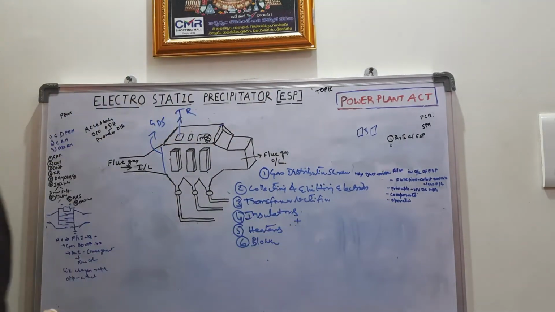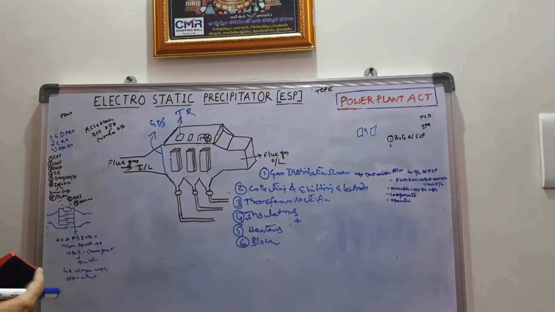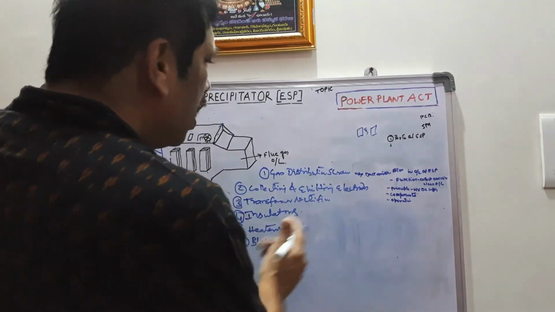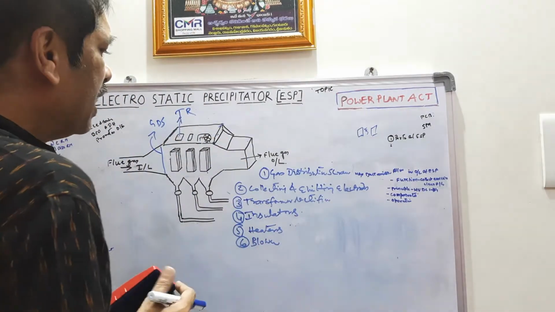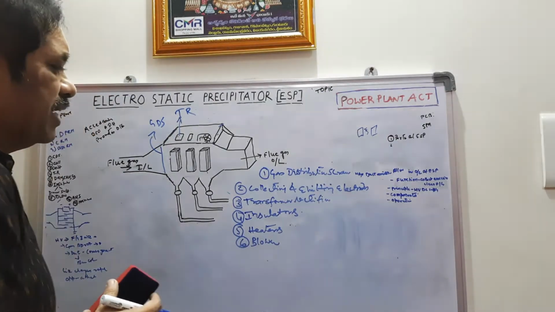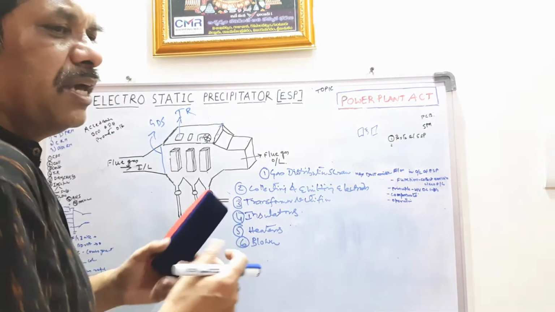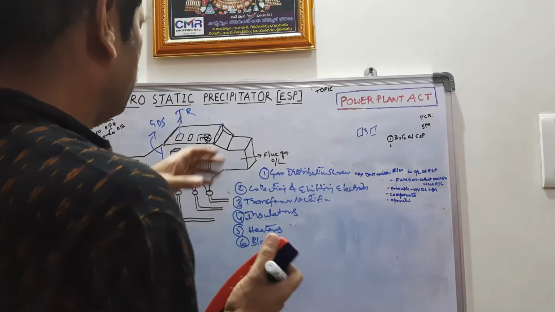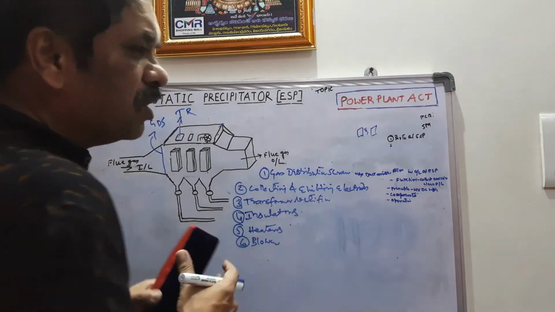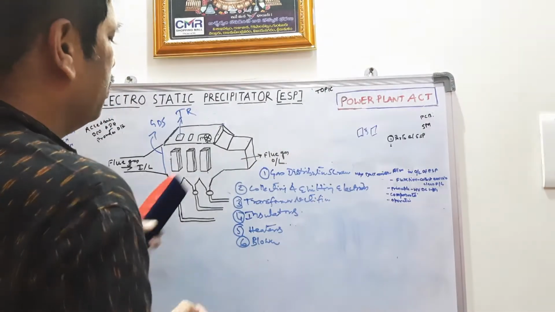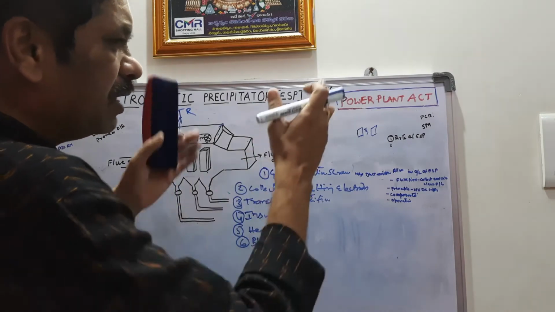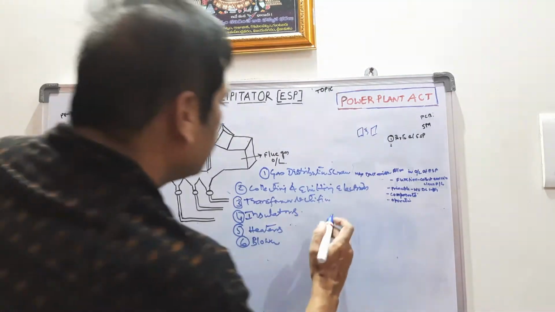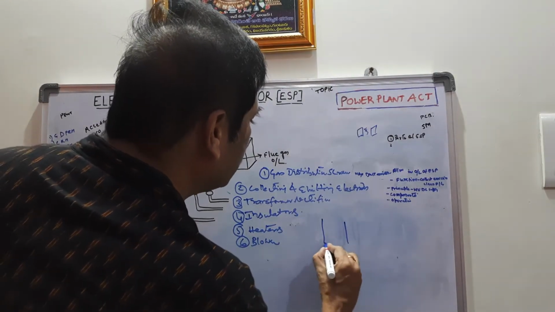Then come to insulators. There are two types of insulators. One is drum or cone type insulators, and the second one is support insulators. These insulators are used in ESP because if the electricity is discharged over a larger area, it will be hazardous to equipment. To control this, the insulators are provided. This drum insulator is in the shape of like this,